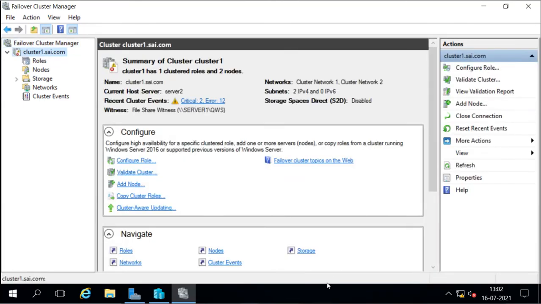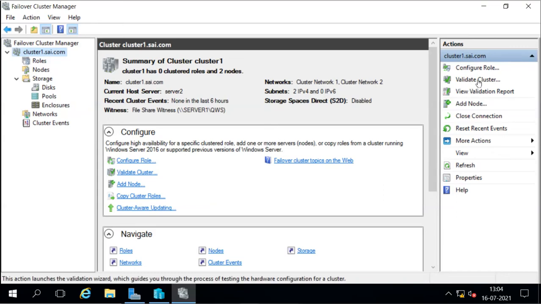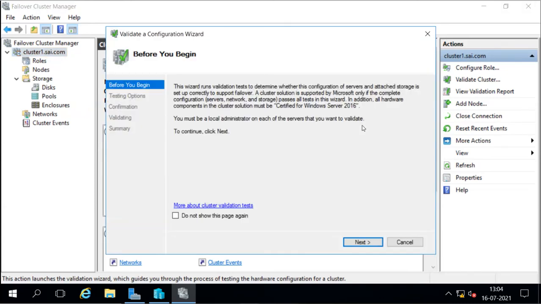So this is our failover cluster manager. Now we have the cluster installed and configured, and we can also verify these settings that we have configured. We can validate the configuration. We can go for the validation also. It will take some time, and it is going to do the validation.